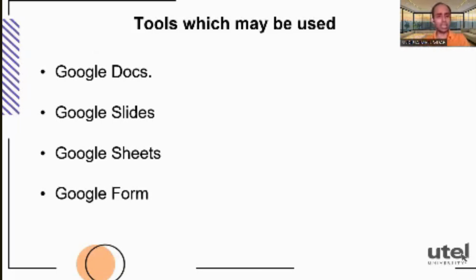If you log in using that, that will definitely help in achieving the ultimate desired objectives. Google Form you can use for collecting responses from your prospects, your customers, those with whom you are interacting.